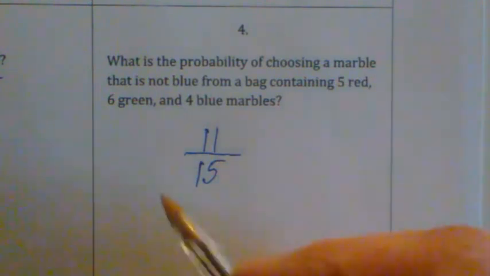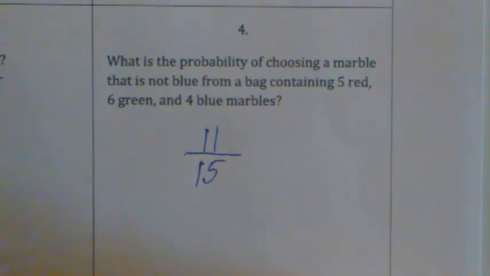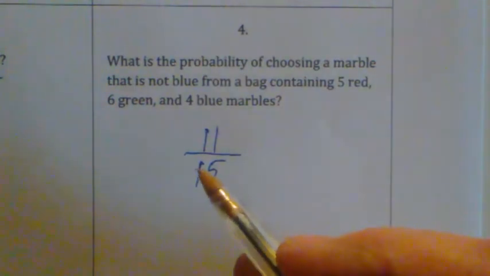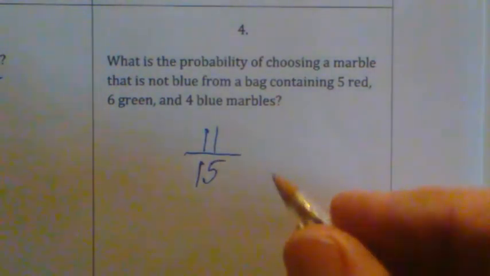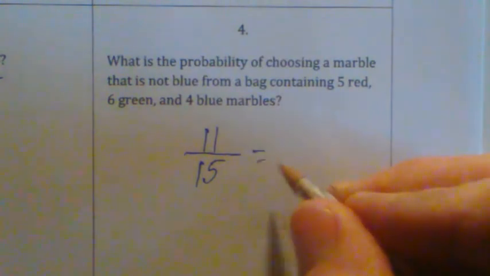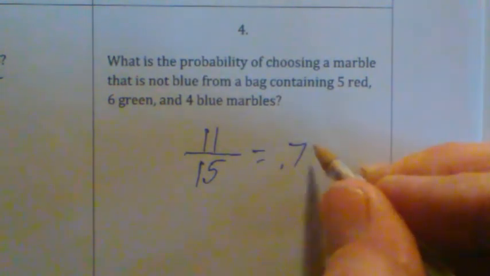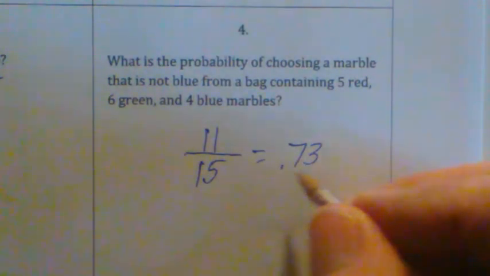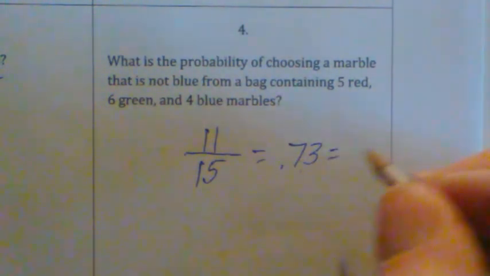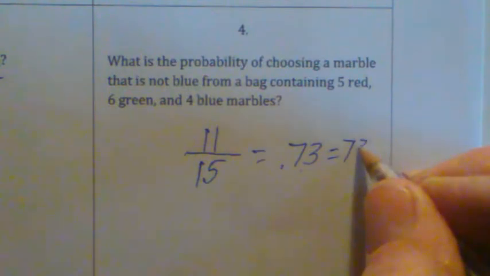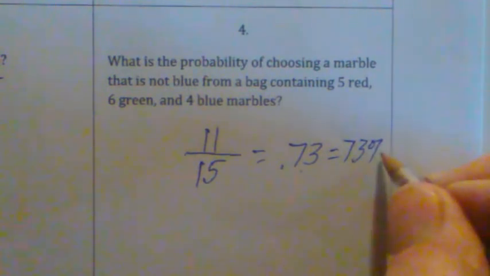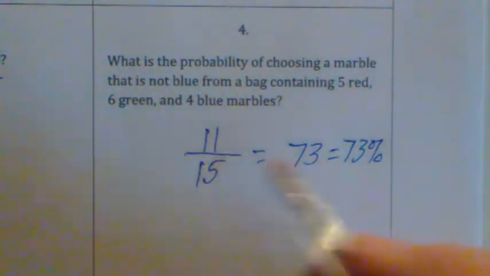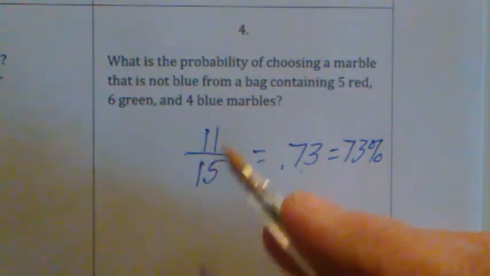And that might be one of the 4 answers they give you in multiple choice. Or they might have converted that to a decimal. If you divide 11 by 15 on your calculator, you would get 0.73. So if the answers were all decimal form, you would look for 0.73. That's also the same as 73%. They might have given the answer in percent. If they give the answer in percent, it's 73%, which is almost 100% because there's way more marbles that aren't